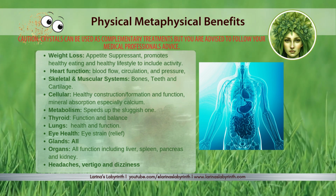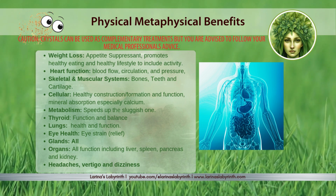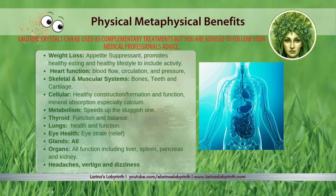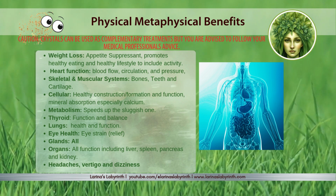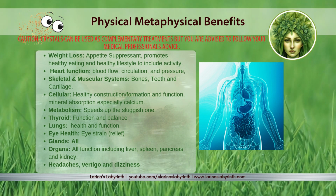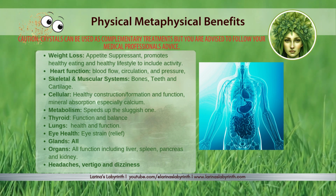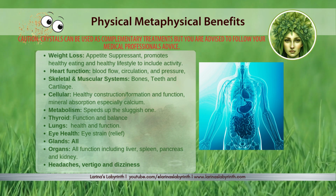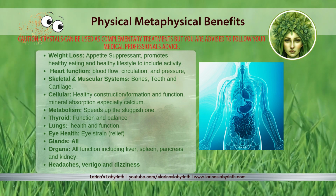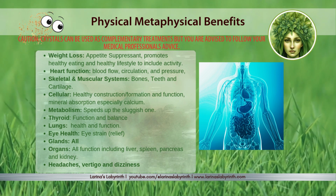It's also good for bones, teeth, and cartilage, apparently. It's recommended for people as a treatment if they've got rickets, joint problems, arthritis, or even poor motor skills. It's said to support the formation of new cells and the way the body absorbs calcium. It's beneficial, apparently, not only for weight loss